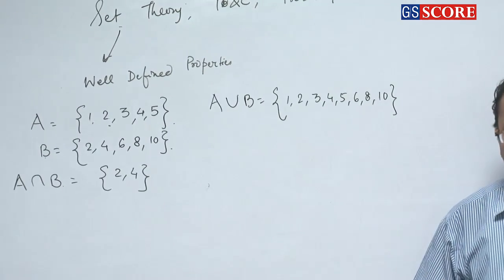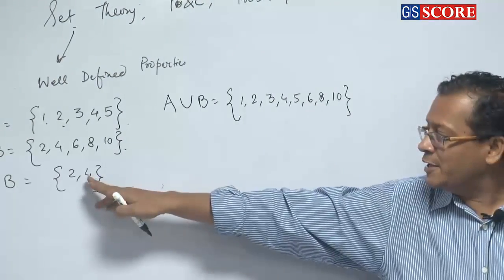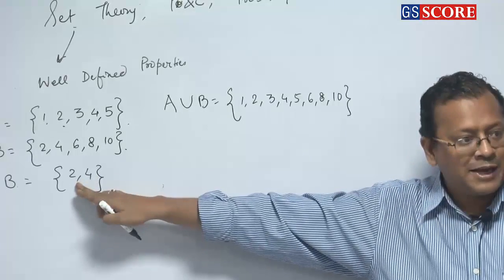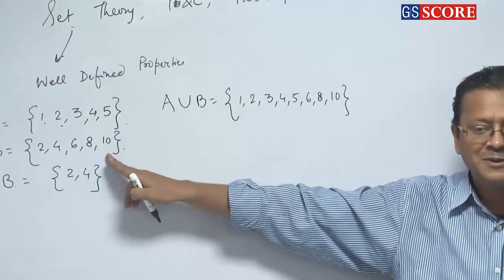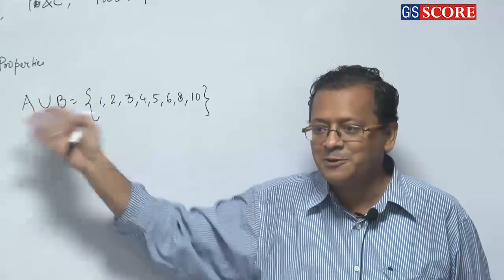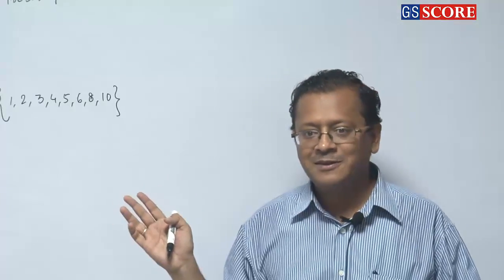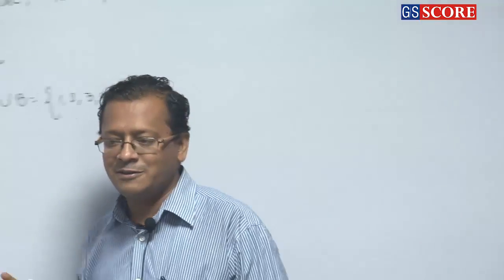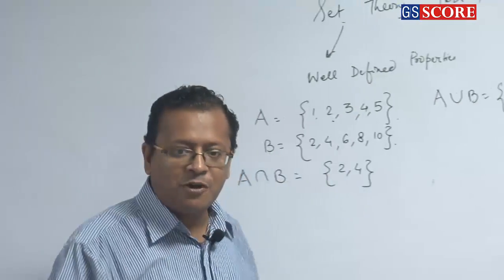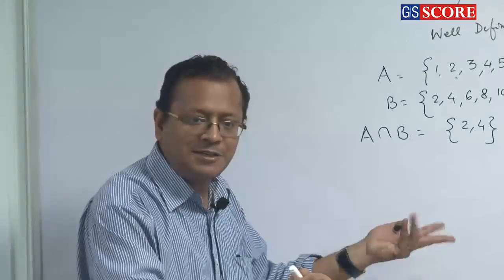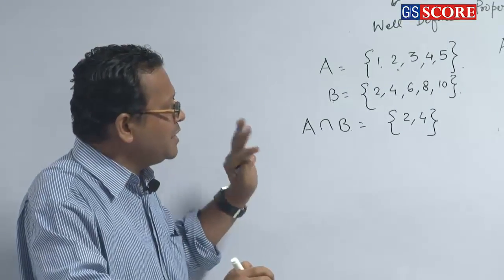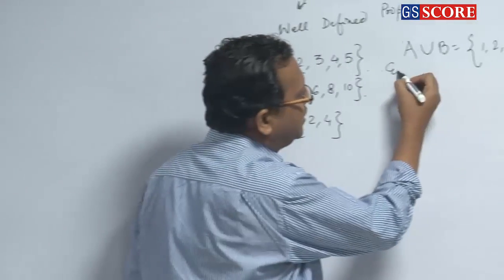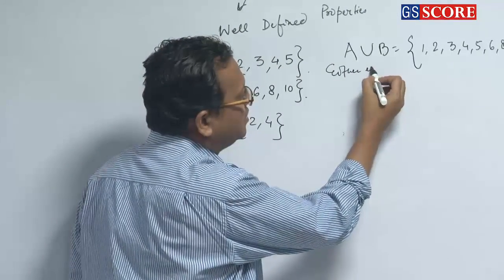Either in A or in B. Both in A and B. Now looking at this, हम कह सकते हैं, we can say that this is the HCF of these two and this is the LCM of these two. Clear or not? Relation we can form from the number system. Everything is related. Okay. Now tell me how many elements, so we call this to be either in A or in B.